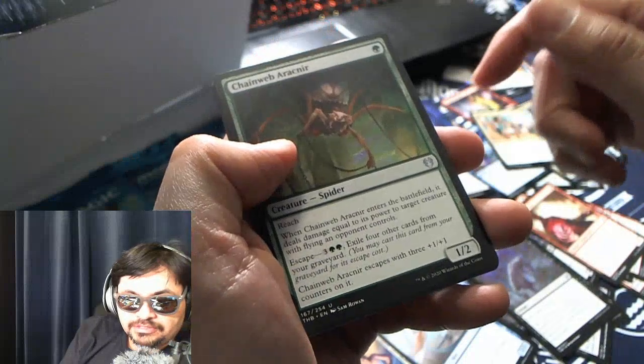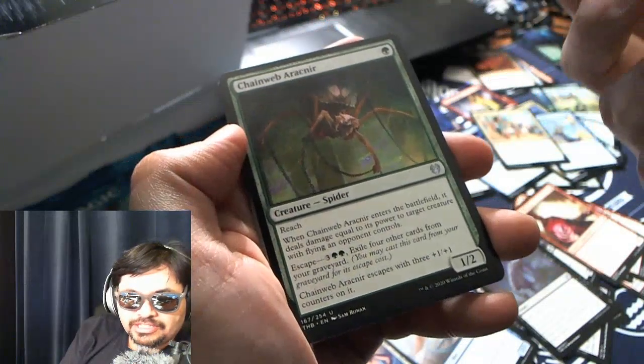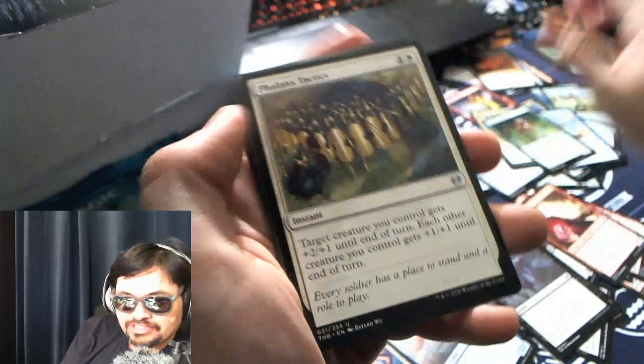Chain web arachneer. Why don't they just say like scary spider? They always have these hilarious names, right? Phalanx tactics, warp in flames, etc. Wrap in flames. Let's see what else. What's our next